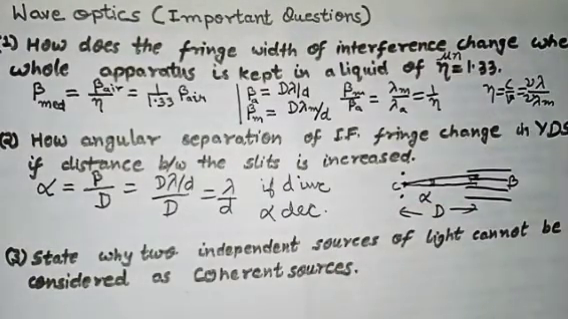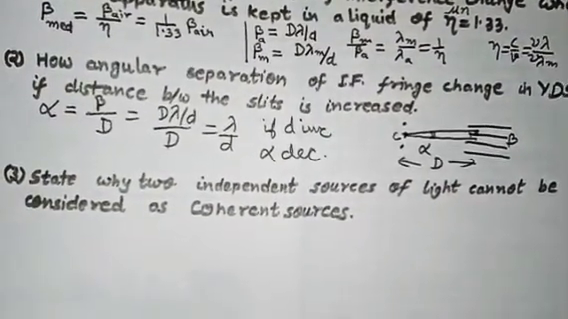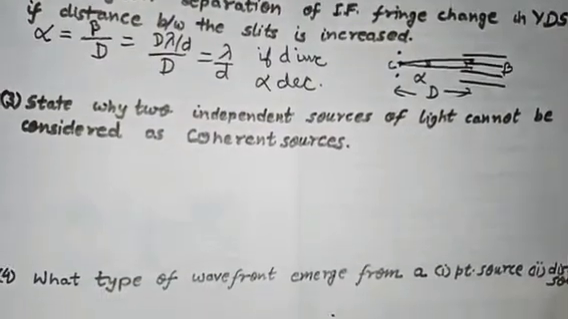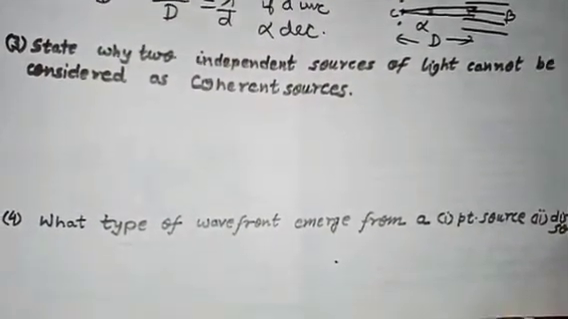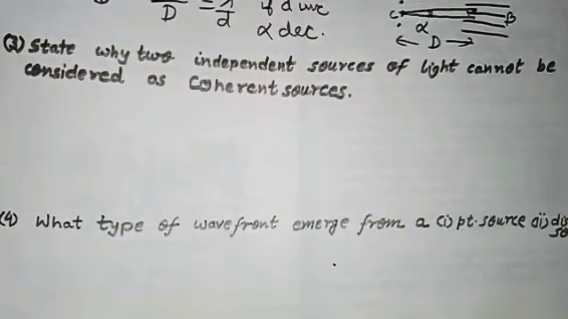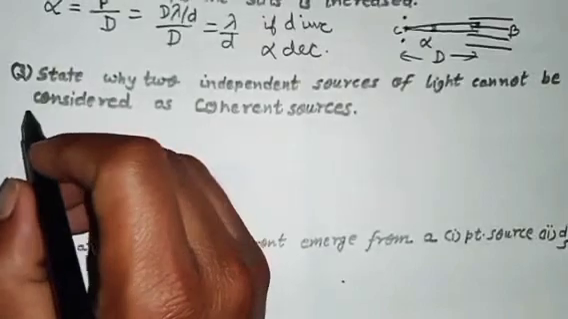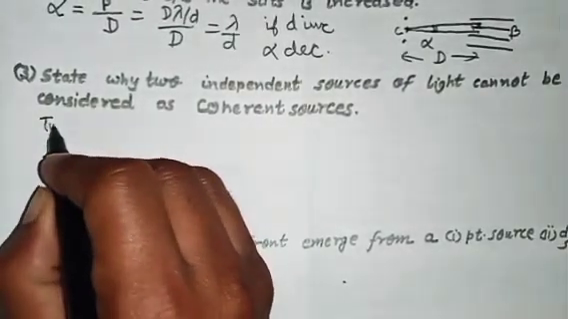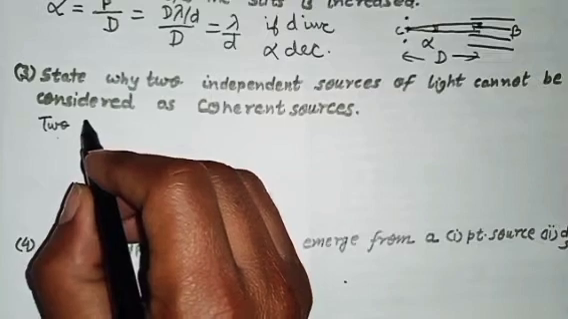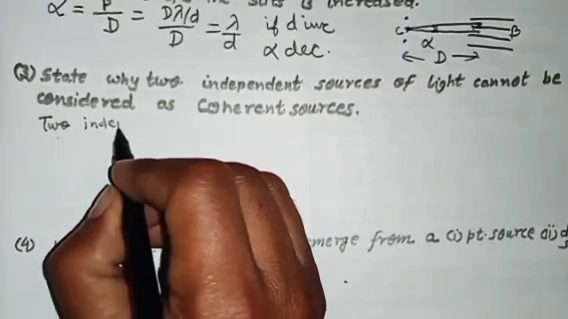Okay, now state why two independent sources of light cannot be considered as coherent sources. To qualify the condition of coherent sources, the sources must have the same amplitude, the same frequency, and they must have constant phase difference. So the correct answer will be about two independent sources. Actually they haven't said identical. So two independent sources